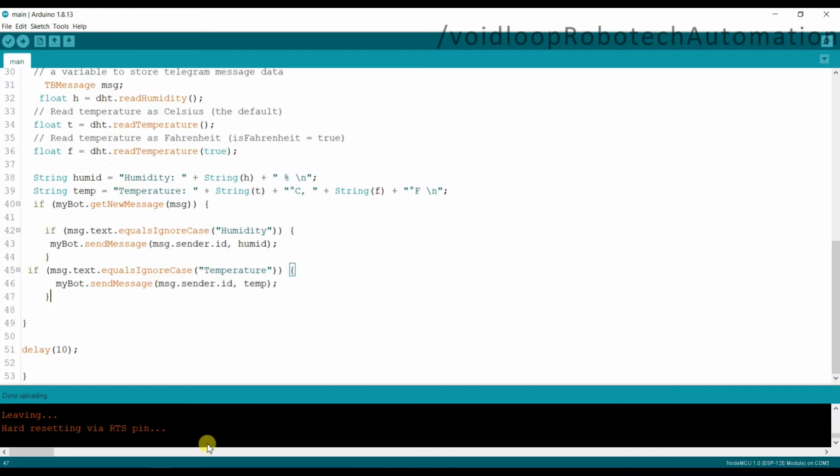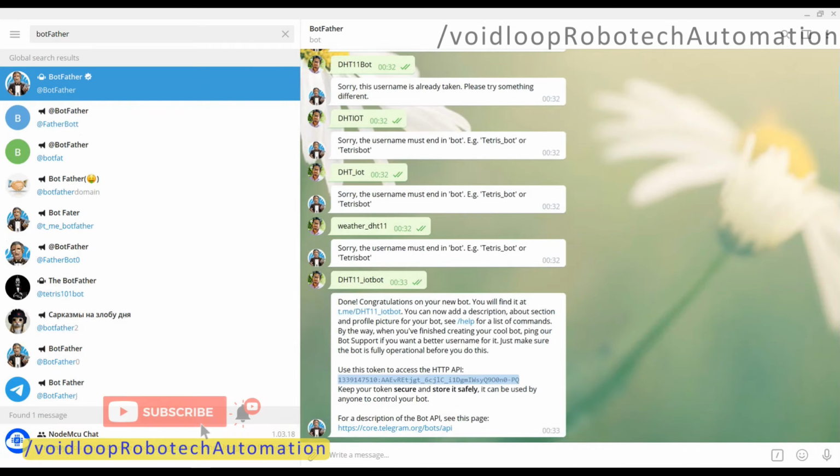So now I will open the Telegram app. I will go to the DHT11 bot. I will send the command humidity.